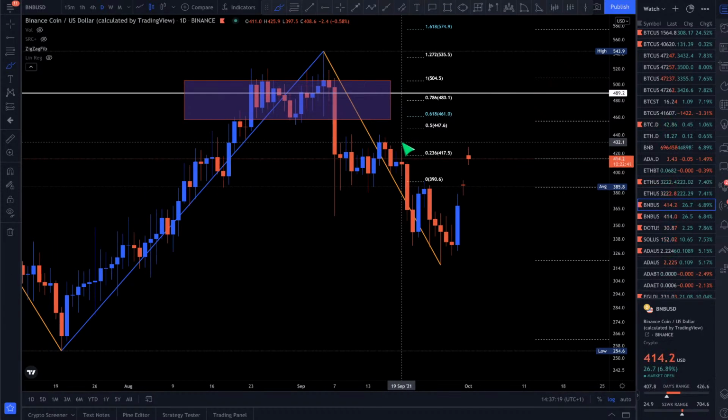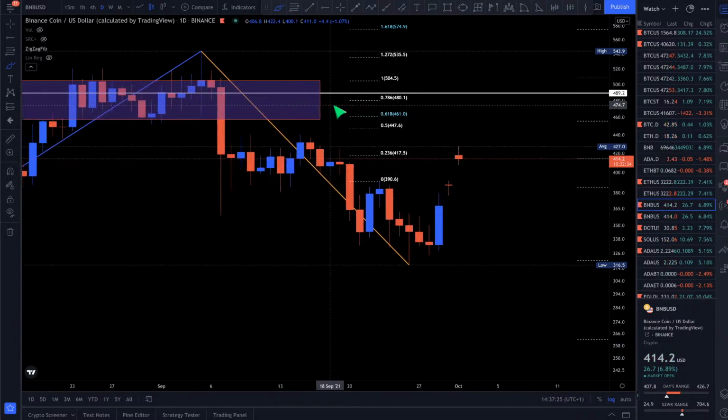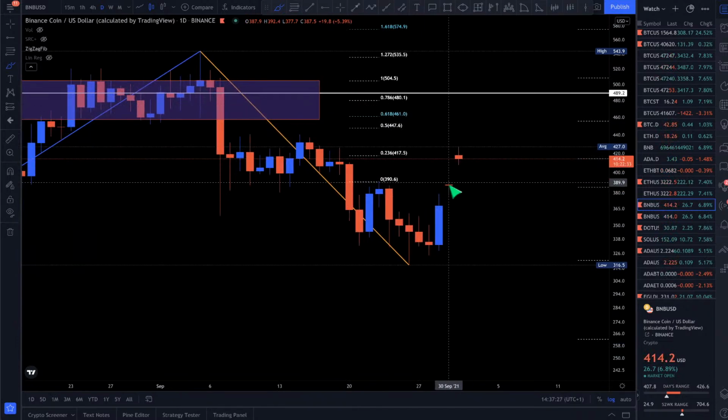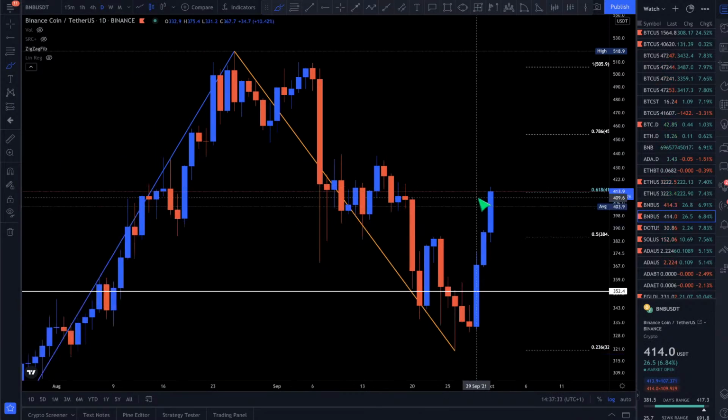Yeah, BNB coming back. So it invalidated the first one. The second one is just coming back here and it got rejected here. I'm not sure what's going on, why it's bugged out, because you can see some data points don't look like they're there. So that's just BNB. Okay, we do have some data points on a different chart on the Tether. That's fine. So BUSD was basically messed up.